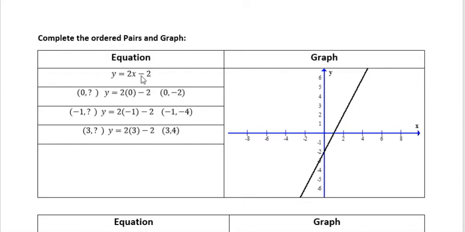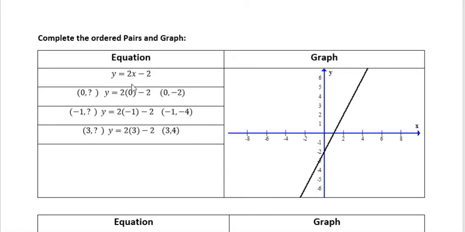So if x is 0, then we put 0 into our equation and we simplify to get -2. And so we know the ordered pair is (0, -2). If x is -1, you replace the x with -1 and simplify to -4. And finally, if x is 3, you would get 2 times 3 is 6, minus 2 is 4. So you could look over here and plot those, but mostly I just want you to remember first power is